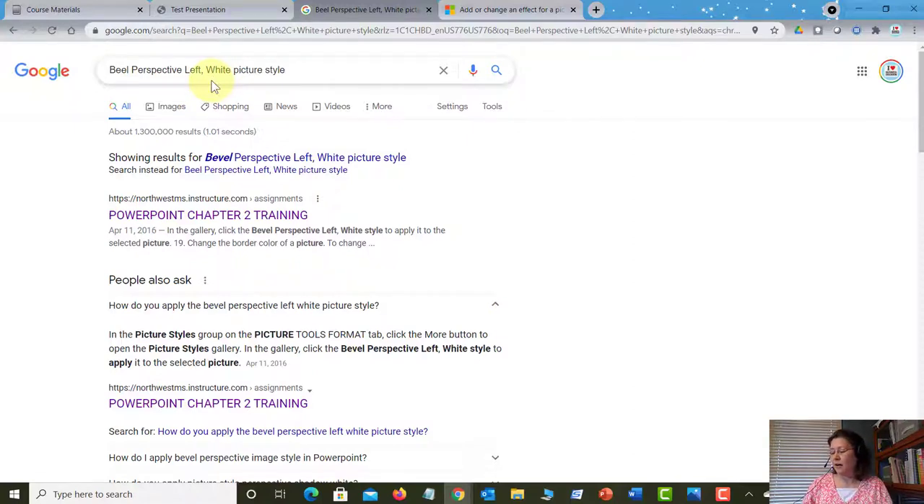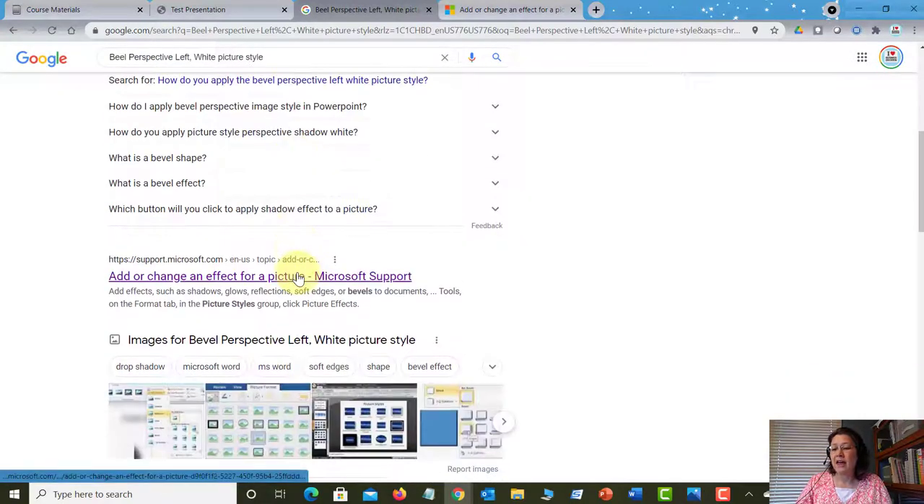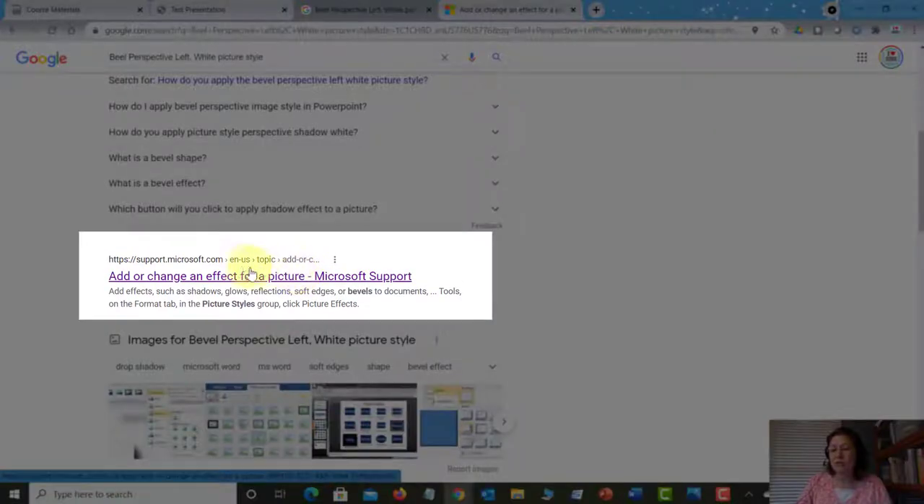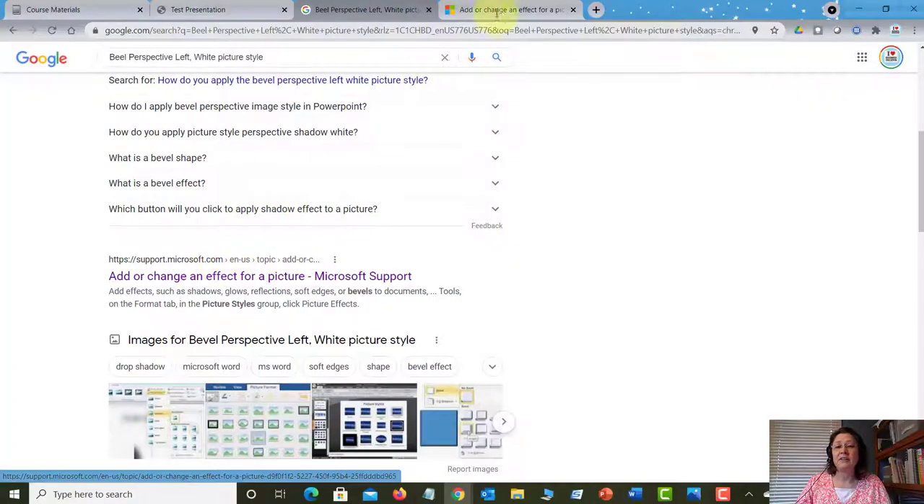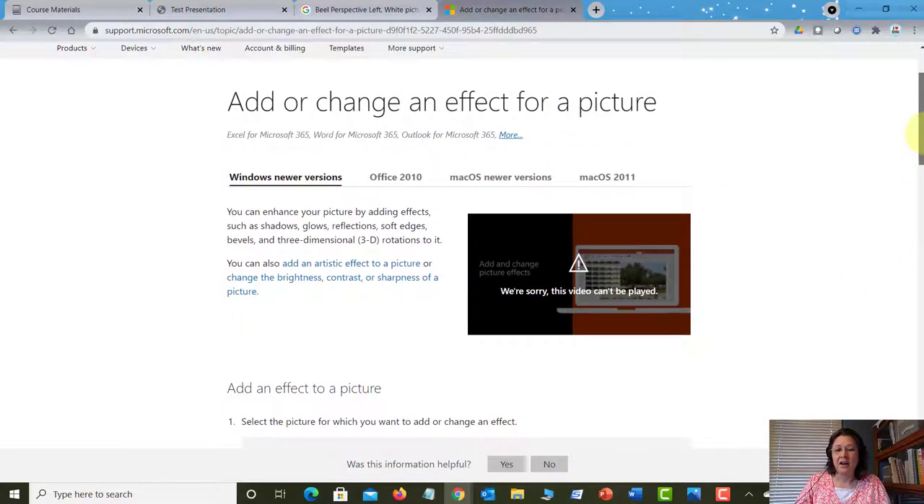I happened to look down and it was like step 9, and I haven't done this exercise yet, but I just looked down and I said, okay, apply bevel perspective left, white picture style. And I thought that probably, oh, I didn't even spell bevel right. So look how great just Googling it can be. It found it, it listed some results here, and I noticed that this result was specifically from Microsoft, and I said, that's fantastic. So I clicked it, I opened it in a new browser tab, and what I found is that